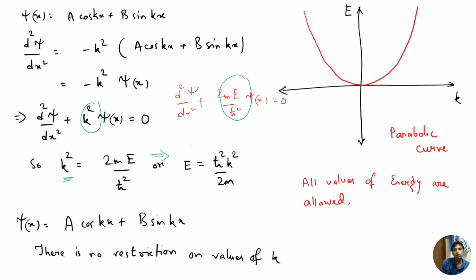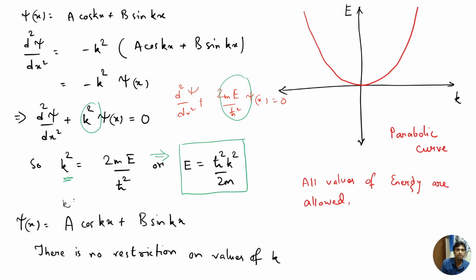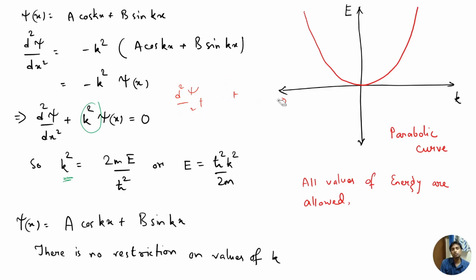Now let us try to plot this function. When we are going to plot this, k square equal to 2mE by h bar square, so what will be the k? The value of k can be plus or minus root under 2mE over h bar square. I hope this part is clear. So it can take positive values as well as negative values. It's clear, right, till now? So when we plot this E versus k relation, that's what we call